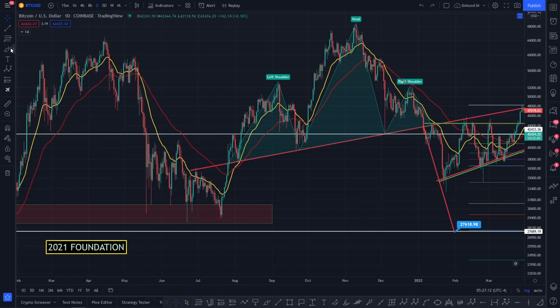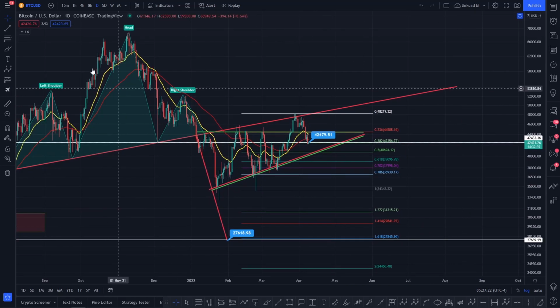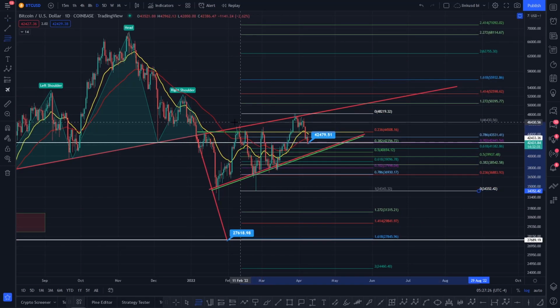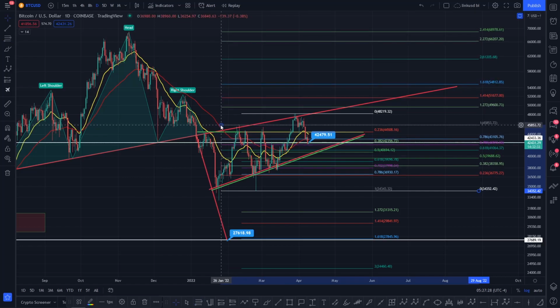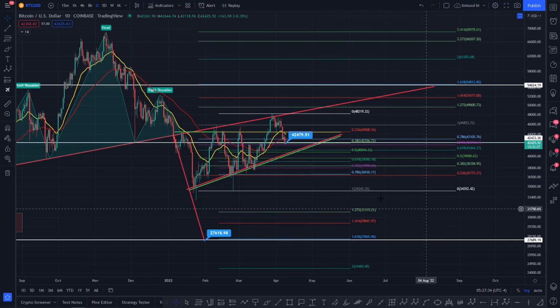So, let's take a look at this retracement as well. This was your high, and you were tracing to this low, and you can see that you retraced and almost came down to the 382. So it wasn't necessarily as deep as the retracement that we're going through, but if we hold this retracement, and obviously it's a big if because anything can happen, there's your next 1618 target around about 54,812. Let me drop a line in there for you, and that's where Bitcoin's trying to get to, basically,